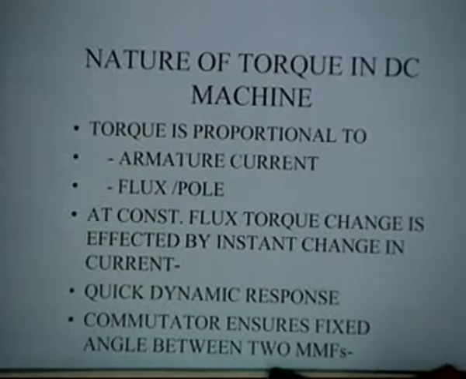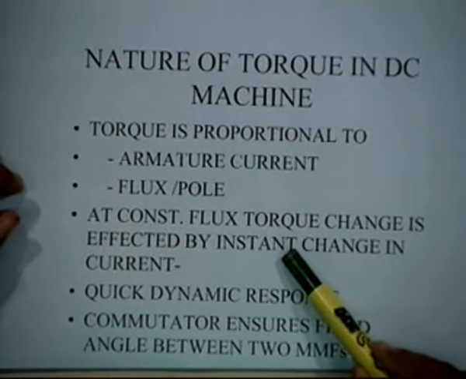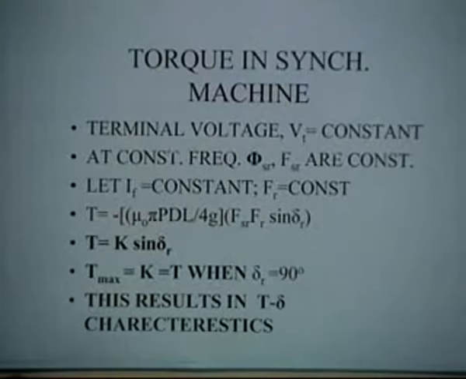So the DC machine has this advantage, that the torque changes can be effected instantly because of this quality it has of no change in delta. Because if the delta was also changing, then you had a problem. Then your current change will not be instantaneous. So this is a very linear way in which you can model the machine as a part of a control system, and then you can use it for several such applications. Okay. Next, let us look at what happens in the next machine, the synchronous machine.